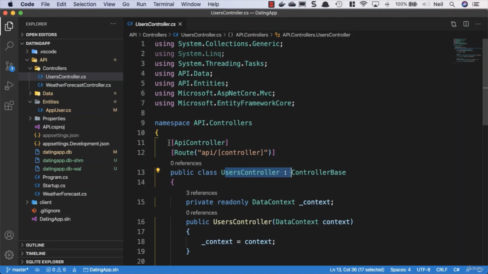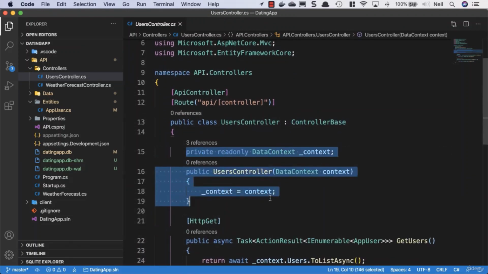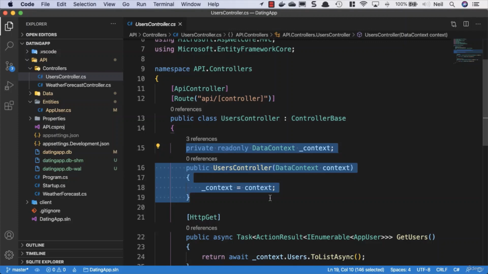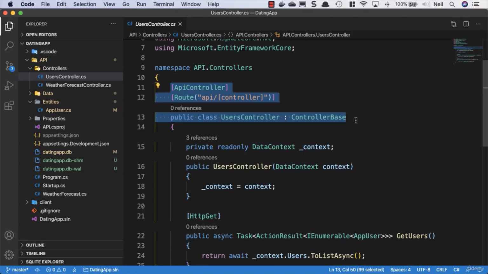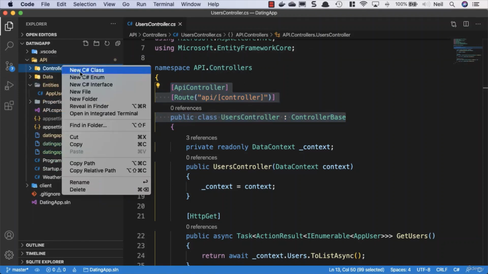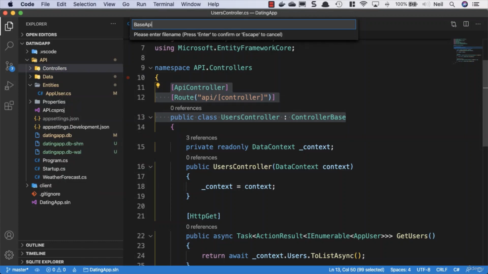Now, every controller shares similar properties. They have this API controller attribute, they have a root property or attribute, and they always inherit from the controller base. Now, we might not be injecting the same things into every controller, so we can't really do much about this, but what we can do is create a base API controller that has all of these properties that will save us from repeating ourselves over and over again in each controller. So what we're talking about here is inheritance, and what we'll do is we'll create a new class called base API controller,